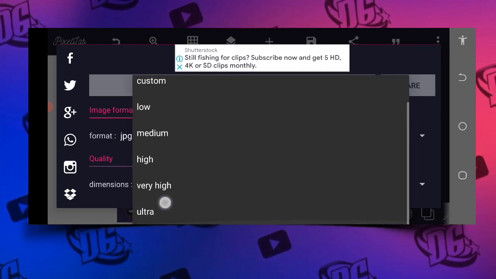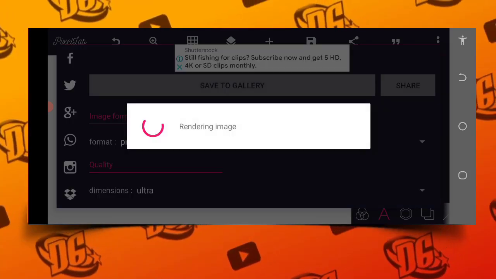Just save with Ultra, and your format should be in PNG, and don't merge at all so as not to